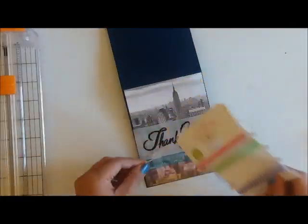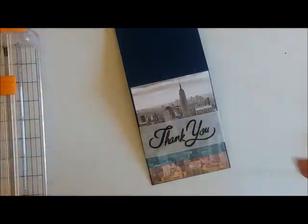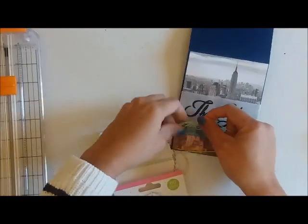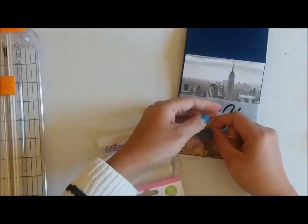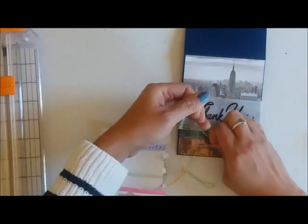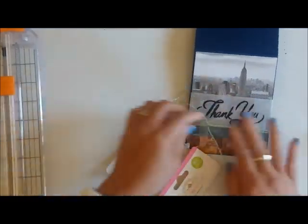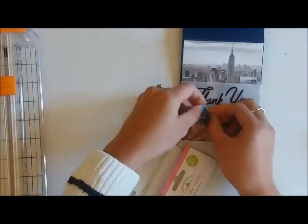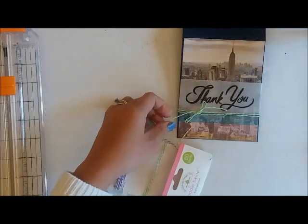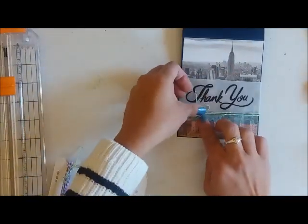So I'm just adhering that up, and then I do have this pack of twine, and I'm going to use the green one and just wrap that a couple of times and then tie the ends into a bow to create a finished look. And then I'm going to add some sequins to that and then call it good. So it was fairly easy, and it still shows off that cool